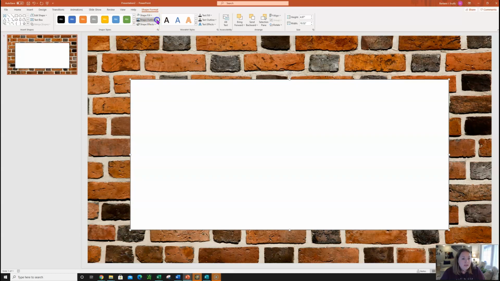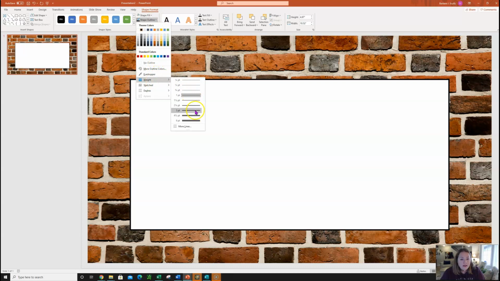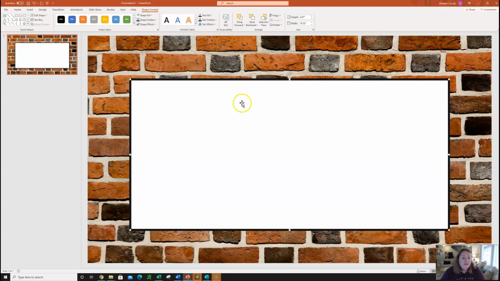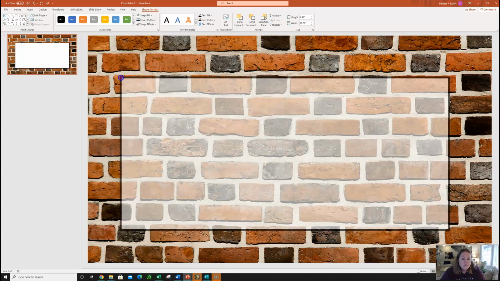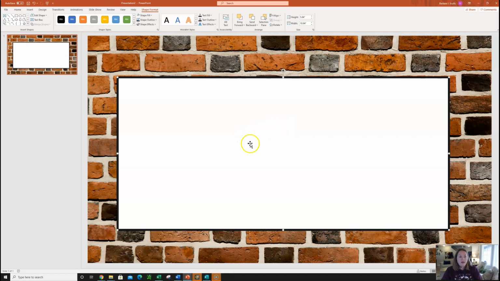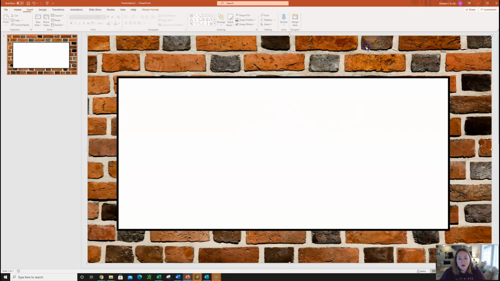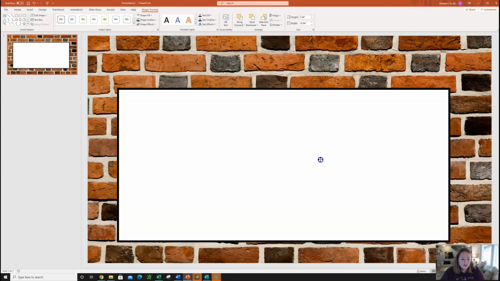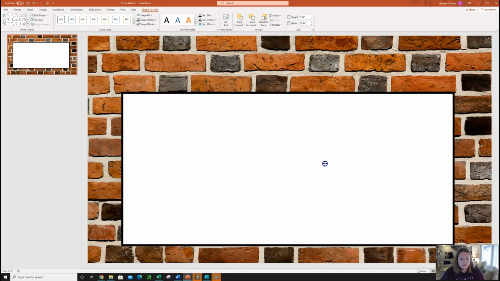And I'm also going to select weight. So this is where I can make the border of my white background for my text area. I could make that however size for that line. So I'm going to choose 4.5 point. So now it's all set for my PowerPoint. I'm personalizing it here. So I'm going to drop it down a little bit, because what I'm going to do